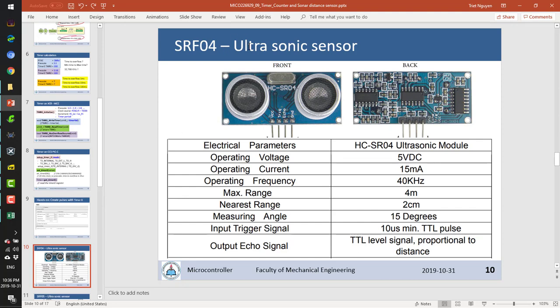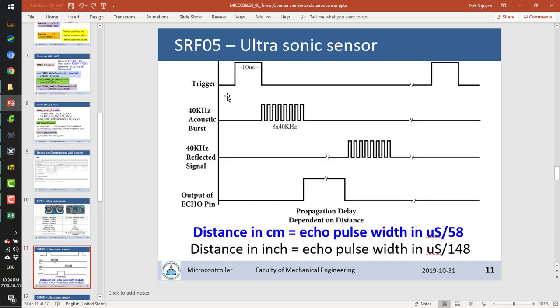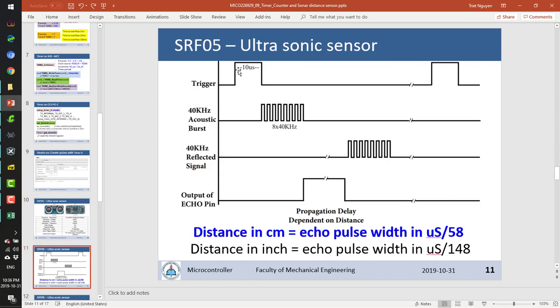For the real application, we will measure distance with an ultrasonic sensor, the SRF04 or SRF05. So this sensor basically works like this. It will measure the distance of an object placed in front of the sensor, and it measures like this. You use a trigger pulse; it has a trigger pin here. You create one pulse with